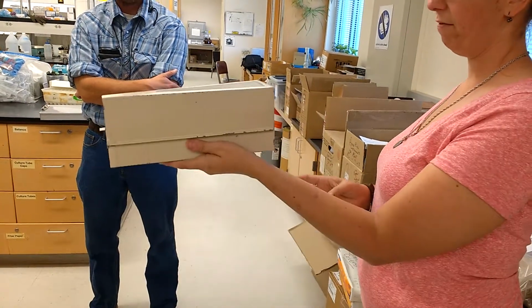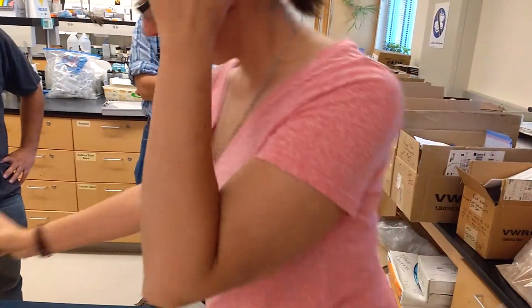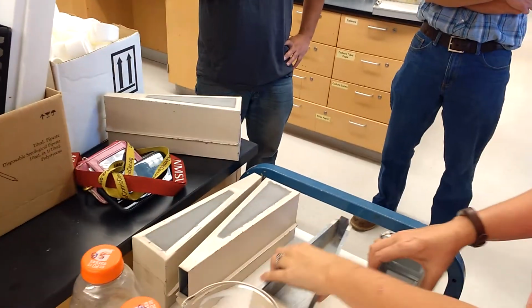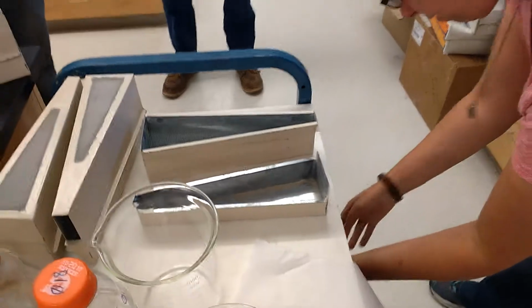So you take it off of its little holder and you open it up. So you have 2 pieces and you have sand. And what you're going to have is,